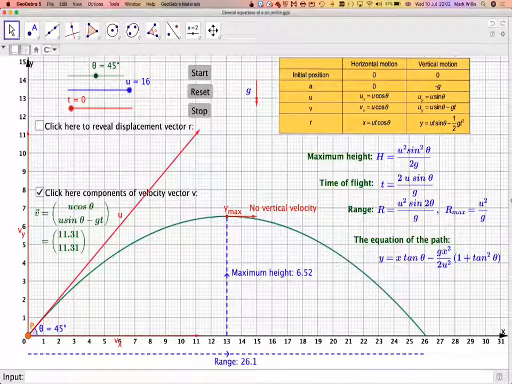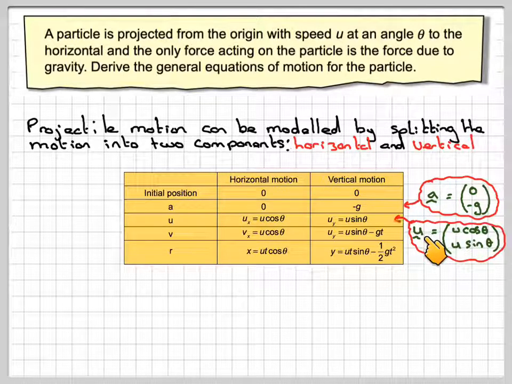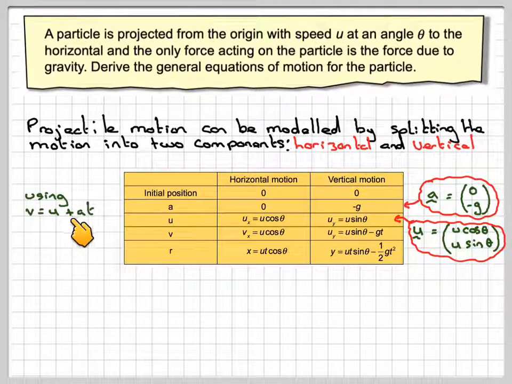So, just going back to this for a minute, the initial velocity written as a vector is (u cos theta, u sin theta). So u cos theta is the horizontal component and u sin theta is the vertical component. Now, we can use the equation of motion because the acceleration is constant, it's g,